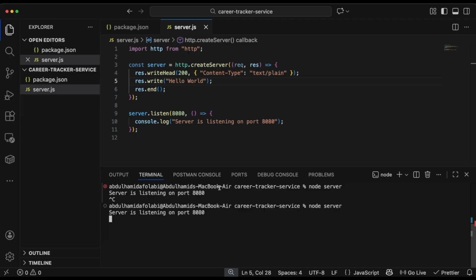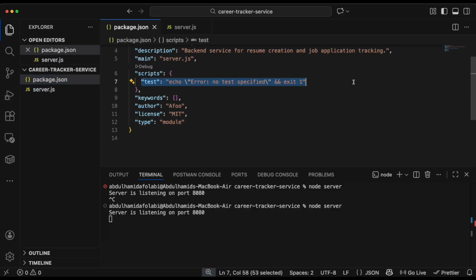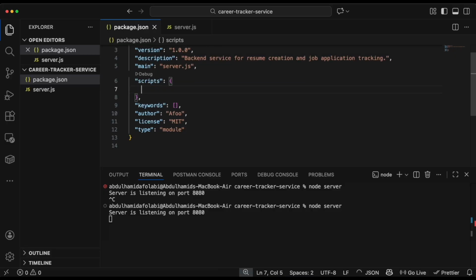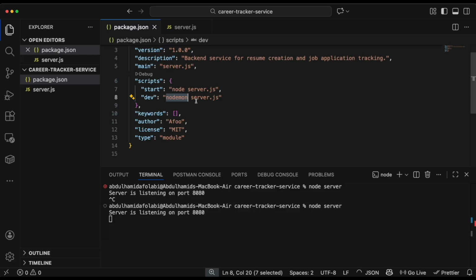Okay, so I think it's wasting too much time, so this is the best time to set up the server to watch consecutively. So the best thing for us now is to go to the package.json. You can remove this text, and let's add a start and dev script. No, we are not using nodemon, we're using node --watch